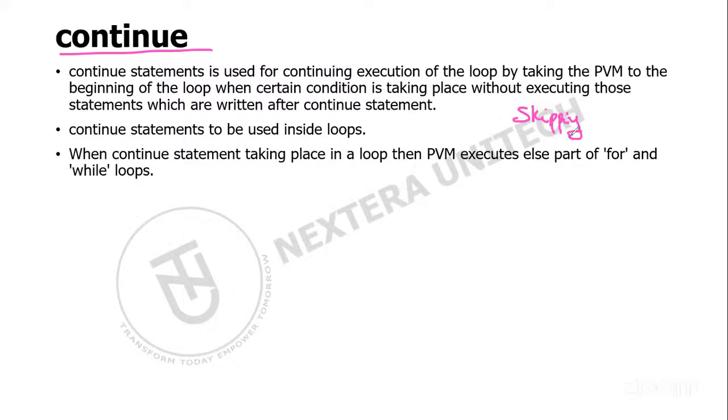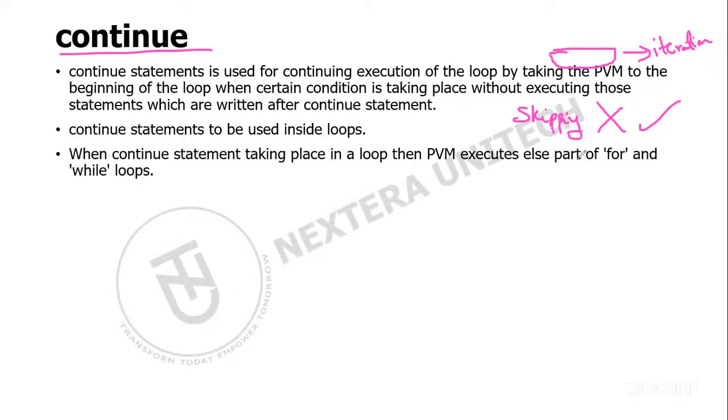Only that current iteration will be skipped. It does not break. Similar to the break statement, continue does not terminate the loop. It allows the loop to continue, but wherever the condition is met, only for that particular iteration, it skips the